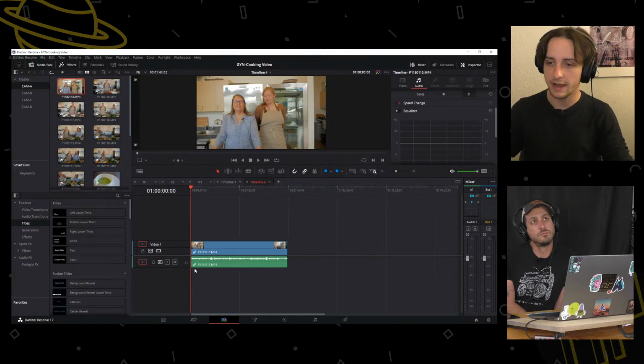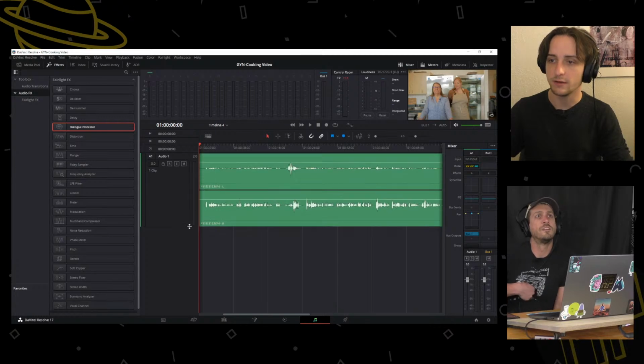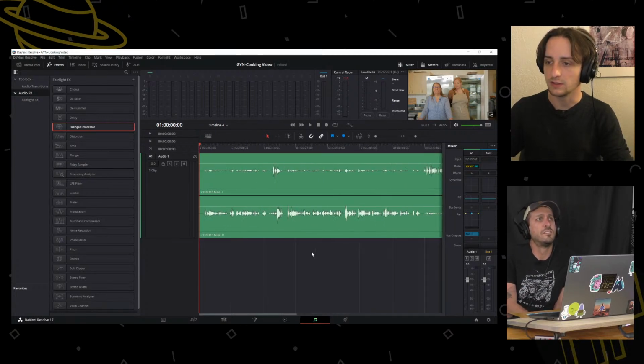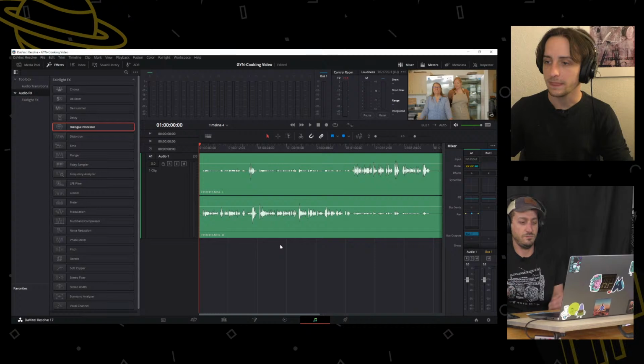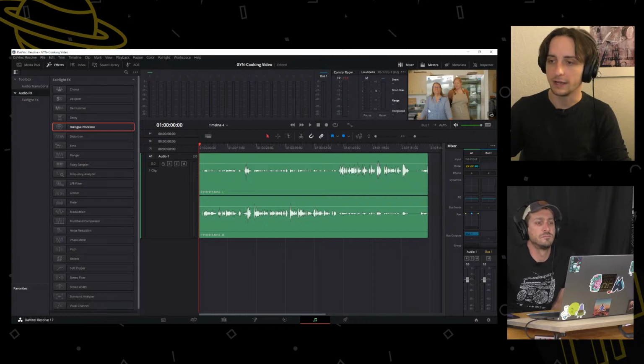So if I go into what they call it, I think it's Fairlight, we should now be able to see that the waveforms are different in the left and the right channel. So here is the right mic. The lady on the left has that mic, and then the lady on the right has the